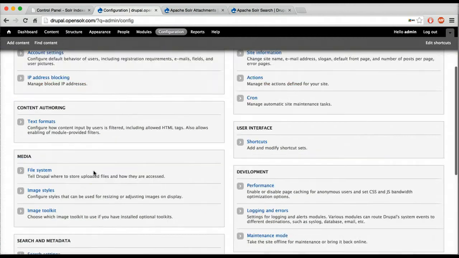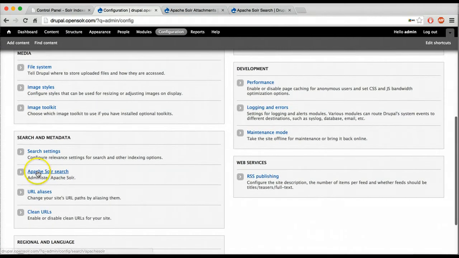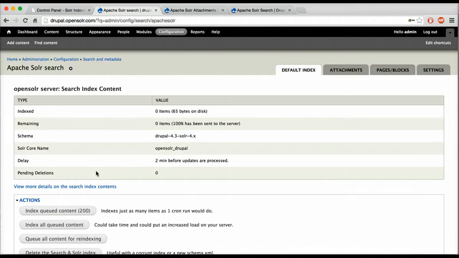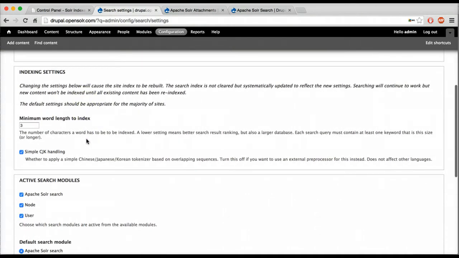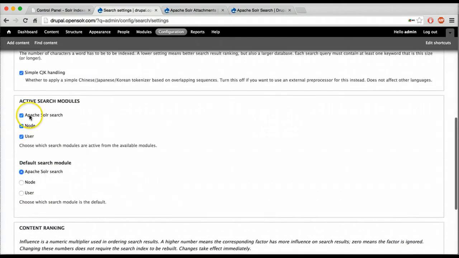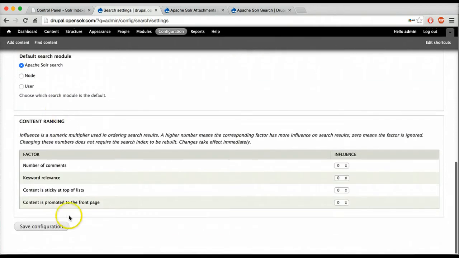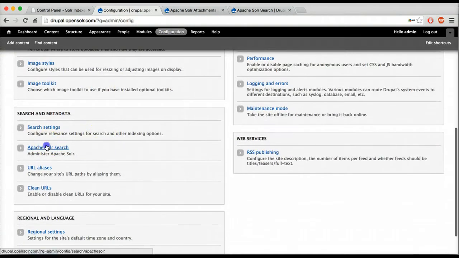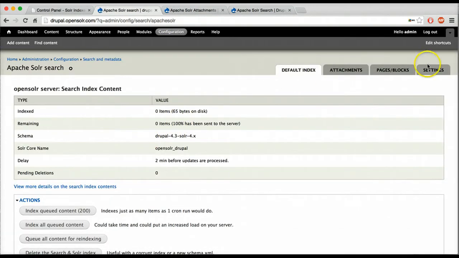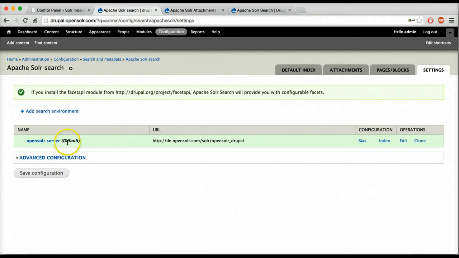go to configuration and click on Apache Solr Search. Well, first of all, you're going to go into the search settings and select that you want to use the Apache Solr Search for active search module, and the default should be Apache Solr Search, right? So basically this is what I did here. And then I went on into the Apache Solr Search configuration, and I went to the settings, and I added